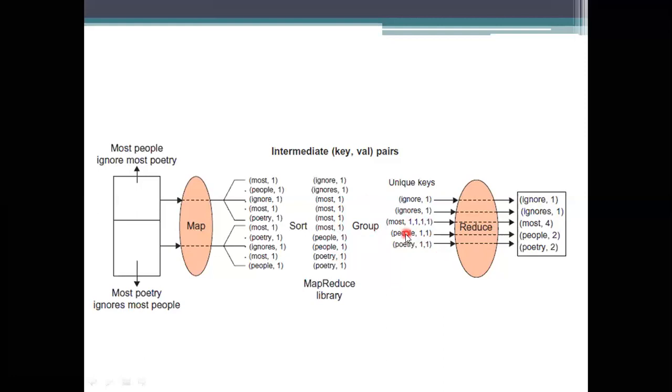Why we need to consider that is to reduce, we need to get only the unique data here, or the unique keys or unique data elements. So here and here there are unique only. Ignore and ignores are unique only, but the most element is not unique. It has been used several times in several places. Means it is not a unique element. We need to represent it as unique. Unique means it has to be considered as a single element, and the count has to be placed beside it.